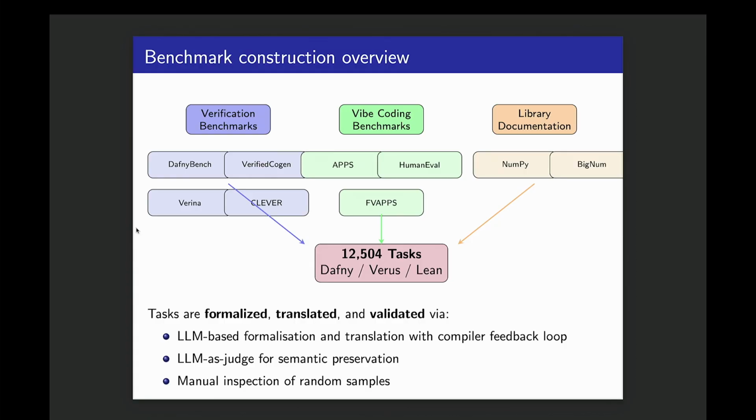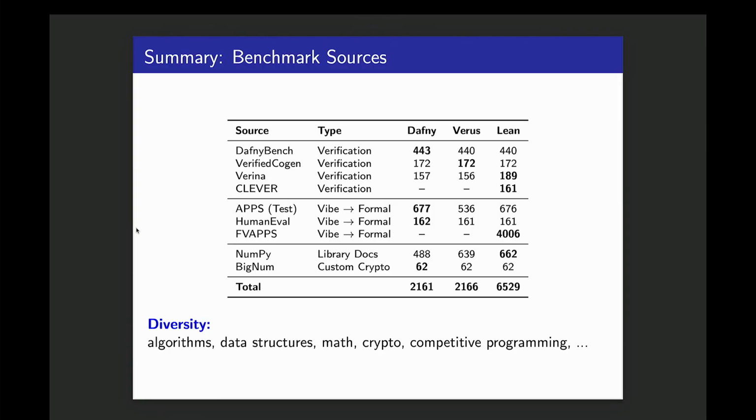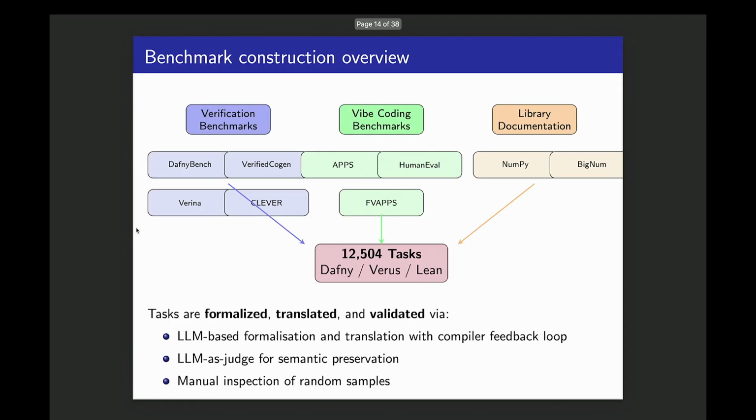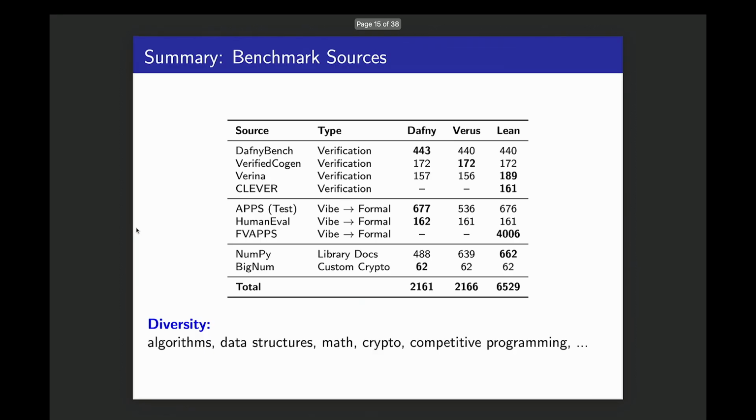It's interesting to see how an LLM will, given just the specification, come up with the code, with proofs. This is a summary of our approach. For Dafny bench, we had 443 files in Dafny. I think there are 600 in Dafny bench, but we split them into individual tasks. It went to 800 because some files have multiple tasks per file.